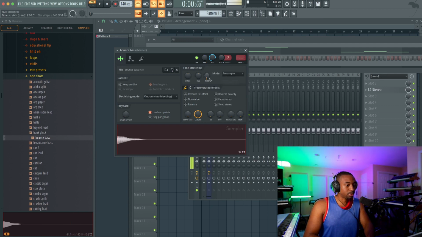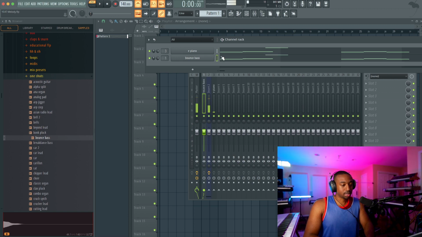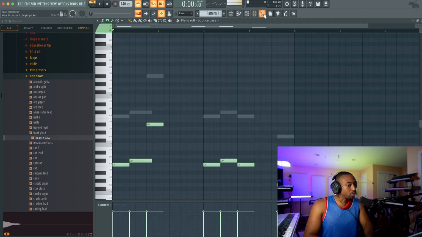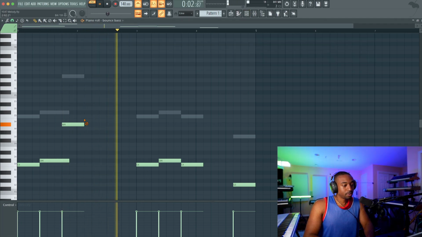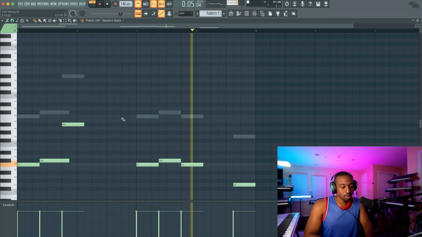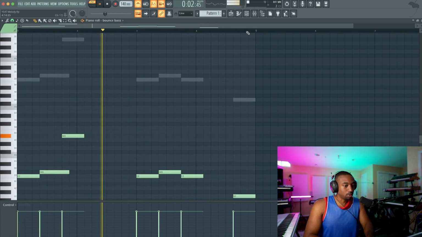Again, mode, take it to resample, right click on time, go to none, take it off of loop mode so that you can play like an instrument. Hit Control L to send it to your mixer. And let's copy those notes, Control C, Control V. We're gonna hit Control down to pull those notes down. We're gonna pull them down one more octave.